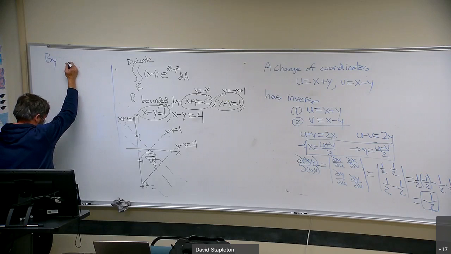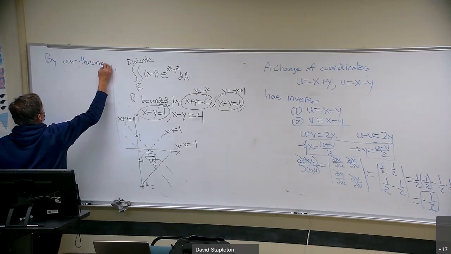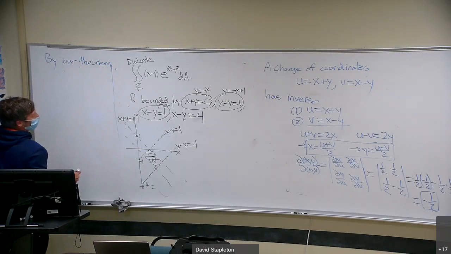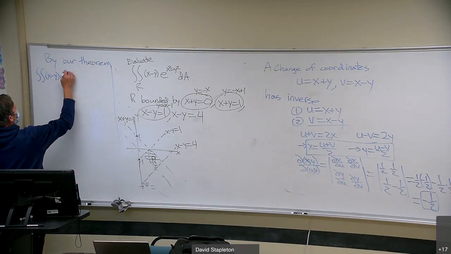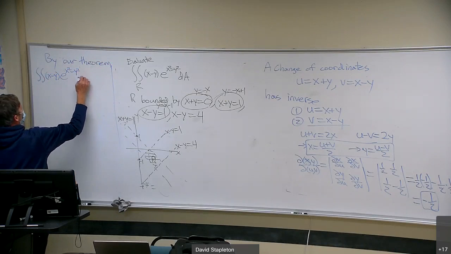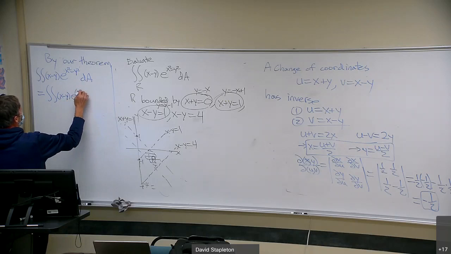Did I call that number 2? I didn't give that equation a number, did I, on the big theorem? By our theorem. That's the other one that needed a number. Should have given it number 2. By our theorem, the double integral that we have, x minus y e to the x squared minus y squared dA, which can also be written as the double integral x minus y e to the x plus y times x minus y